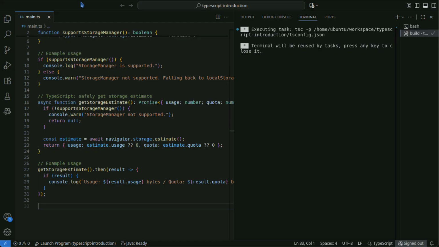Use persist to request persistence so that important data, e.g., offline cache, is not subject to automatic deletion by the browser. However, it does not succeed in all environments.